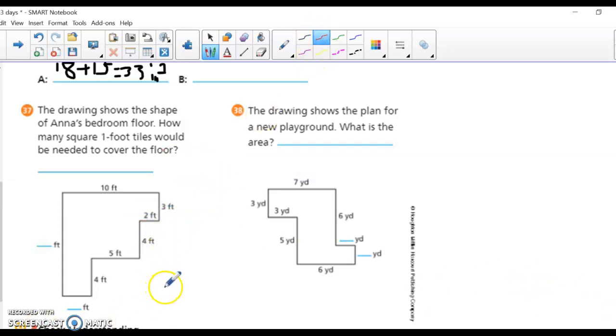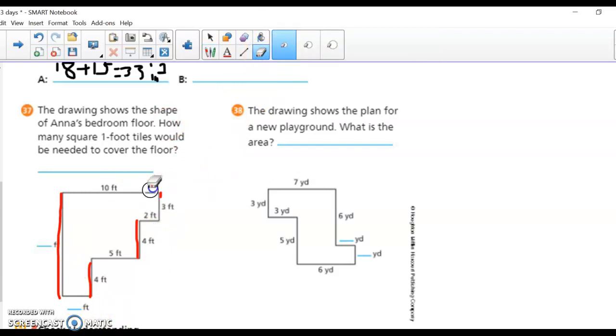Before you can find the area, you will need to make sure that you are filling in the missing sides as well. And so, in order to find this entire missing side in red, you'll need to take this side plus this side plus this side. And that is going to get you to how long this entire side is. Okay? And then to find the bottom side here, just like we did up above, you'll need to